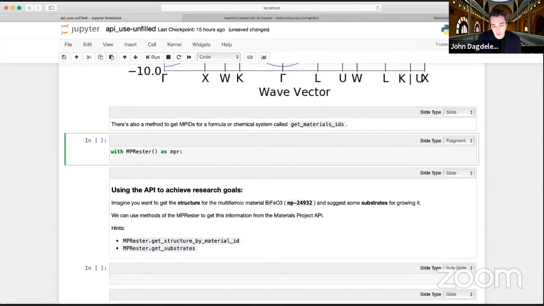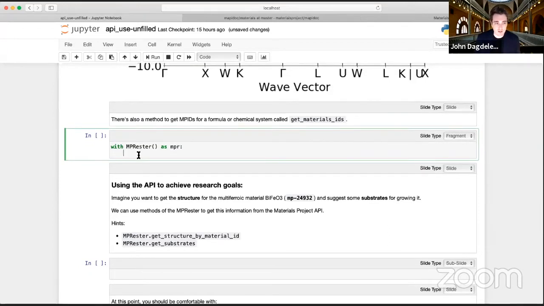And then let's get a bunch of nitrides, for example. Let's say MPR, so nitrides. Actually, this is an exercise, so let's leave nitrides for now. Let's get all SiO2 structures. That's a more interesting thing. So SiO2